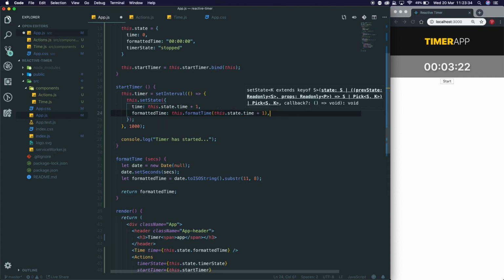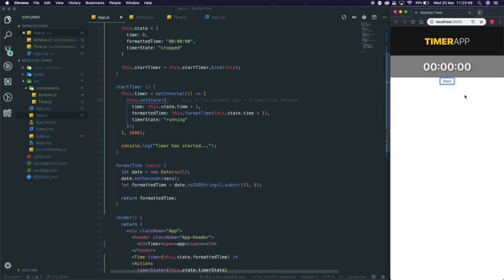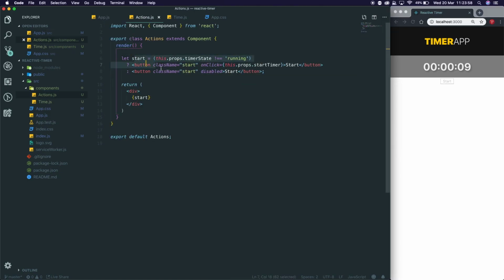So when we click this button, we actually want to set the state, or what did we call it? Timer state, that's it. We want to set the state equal to running. And now, when I hit this start button, that should start, but now I can't click it again, so we can't do that super speedy thing. And that is why we're using this inline, or in my case I haven't made it inline, if statement